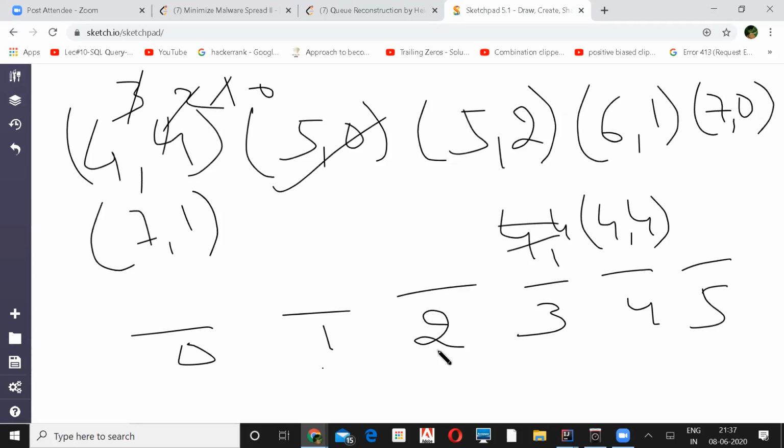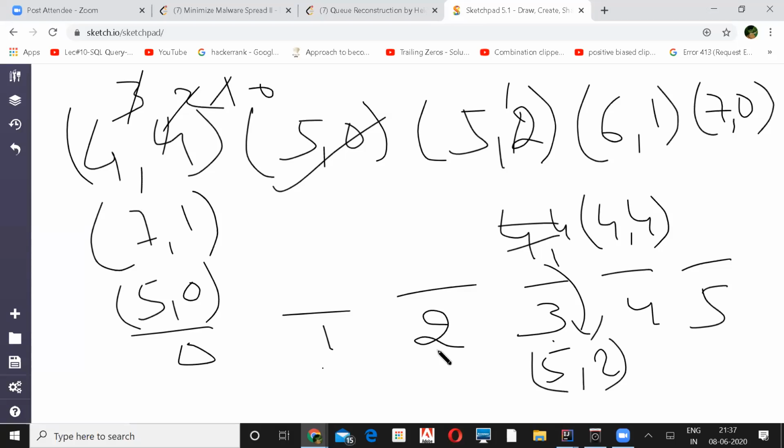Right. Now 5 comma 0. So 0 is my here empty. I mean, we don't have any. Now coming to 5 2. First empty space is here. So it will reduce by 1 and it will go to here. Again, so I think 5 comma 2 will be placed at third position. No, right? Because when you are counting from the 0th position, the 5 is same as 5, right? So you can decrement the counter there also, right? At the 0th position, whenever the elements are equal. Is it not that we discussed now? So then it will come to 5, correct?